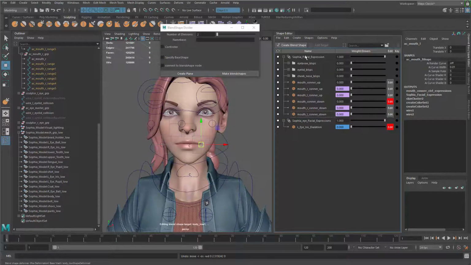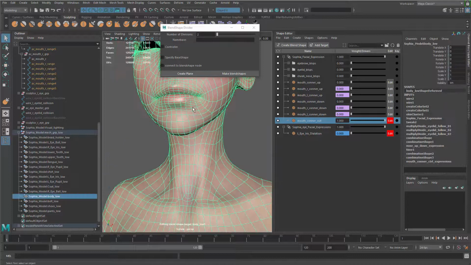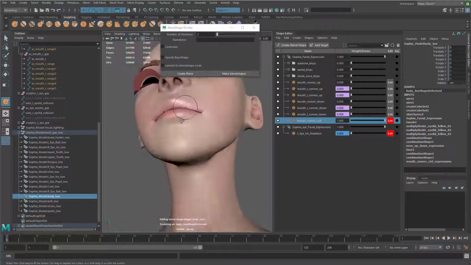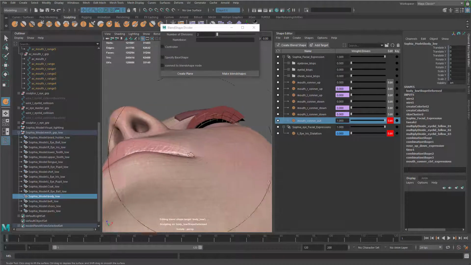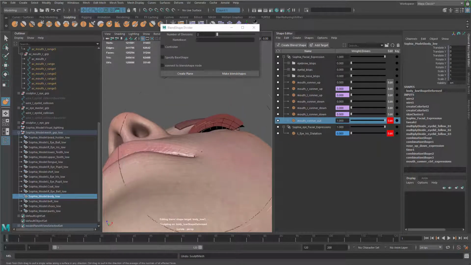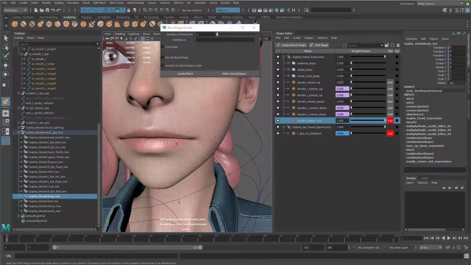So I'm gonna go create a new target. That's gonna be the mouse corner out. Okay, for the mouse corner out, just use the sculpting tool again to make it wider. Oh, use grab. Alright, that's probably already too much, so let me just stop there and just push things out to here around the mouse